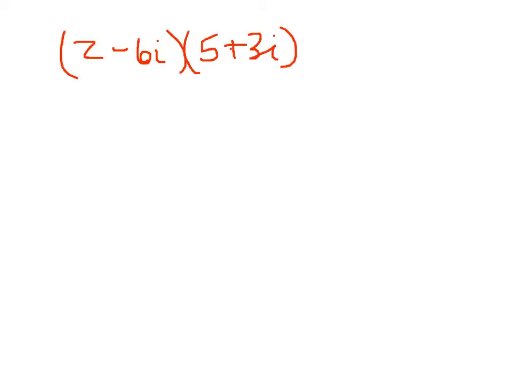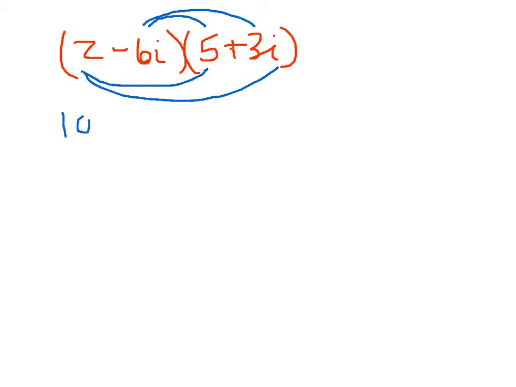To multiply complex numbers, we will get a complex number as long as they're not conjugates. And we can see here that they're not conjugates because it's not the same terms with differing signs. We just have a 2 minus 6i times 5 plus 3i. And what we're going to do is just FOIL this out. So I'll distribute the 2 to both those terms, and then I'll distribute the minus 6i to both those terms. So when I distribute the 2, I'll get 10 plus 6i. And then when I distribute the minus 6i, I'll get minus 30i